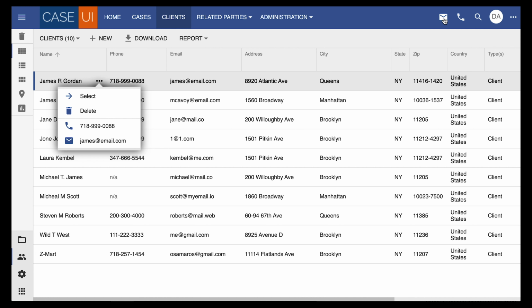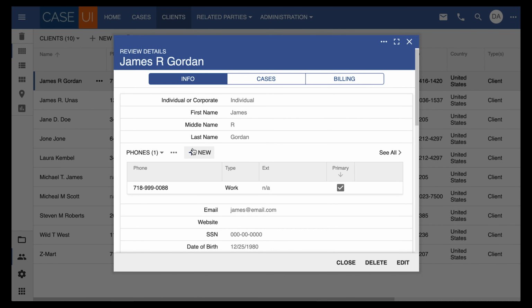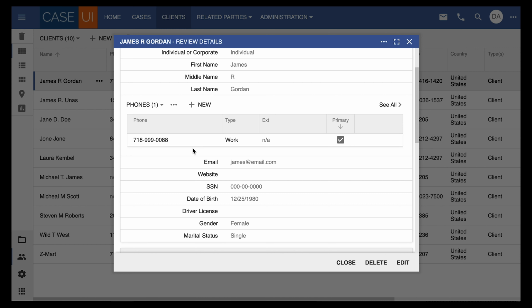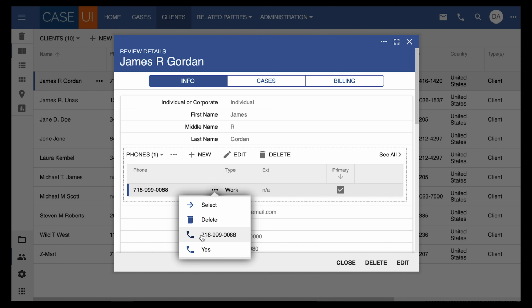And you see them up here as well, the phone and email. Additionally, if you are in the details of this client and there's a phone number, next to the phone you can see the prompt to dial directly from here as well.